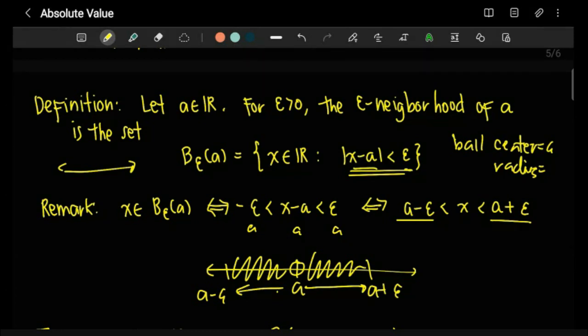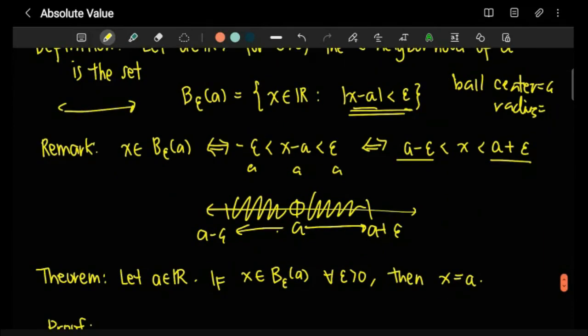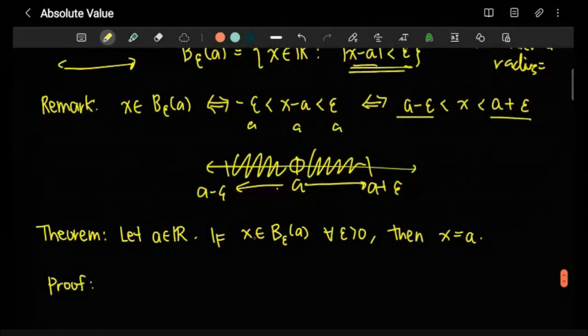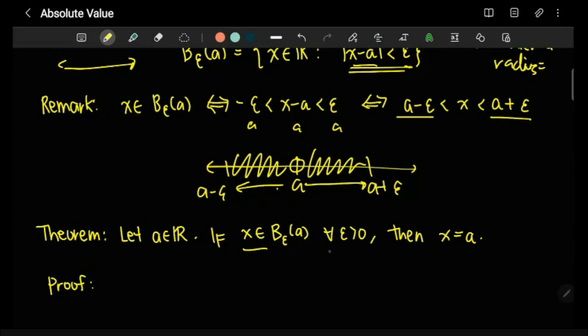Okay, so the smaller the epsilon, of course, the smaller the neighborhood will become. The bigger the epsilon, the bigger the neighborhood will become. A certain property: if you have a number x such that whatever epsilon you take, x is always in the neighborhood, that only happens when x is a itself. Meaning, if x is not a, when the neighborhood shrinks, x disappears from it. For example,